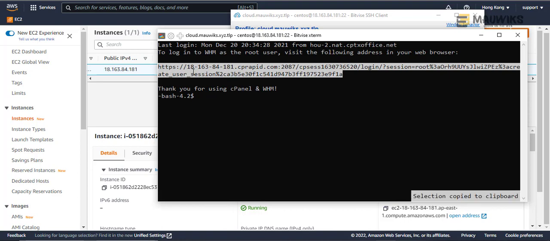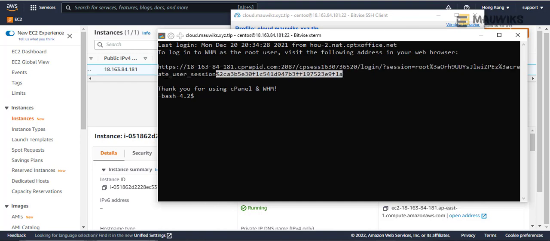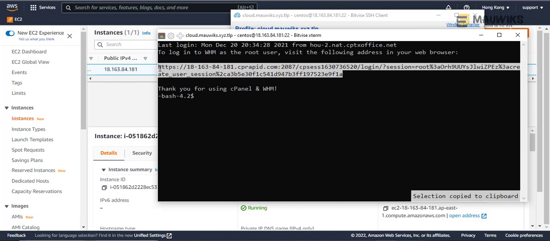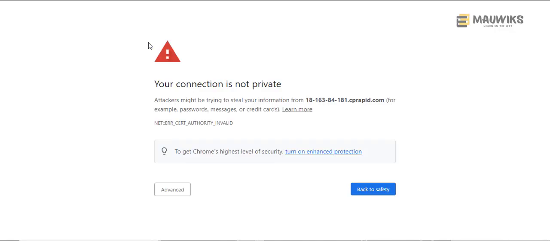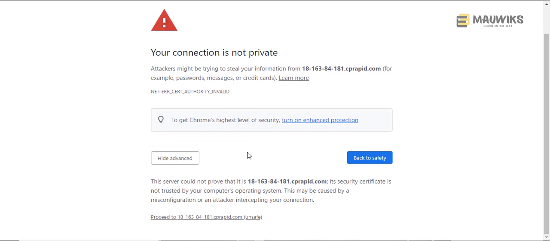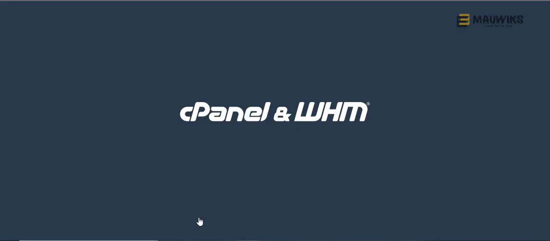you are given this WHM login URL. So let's try that one. Just paste that in your browser. So as you can see,